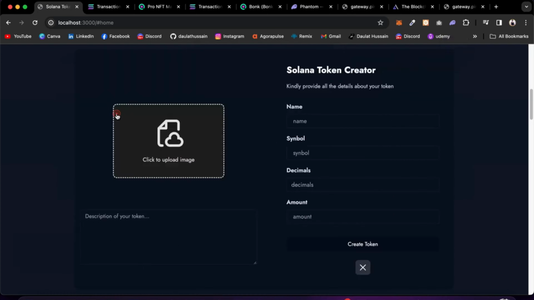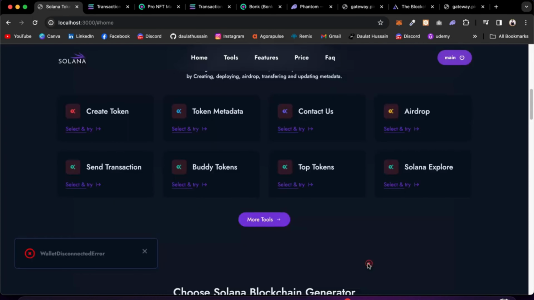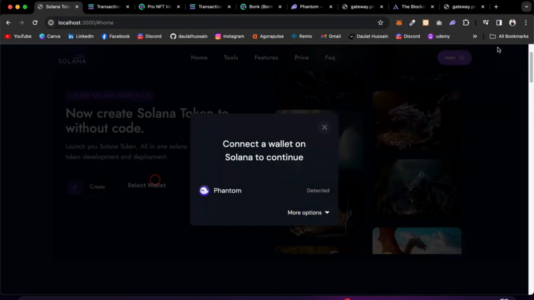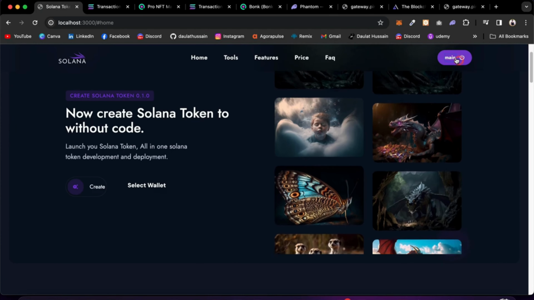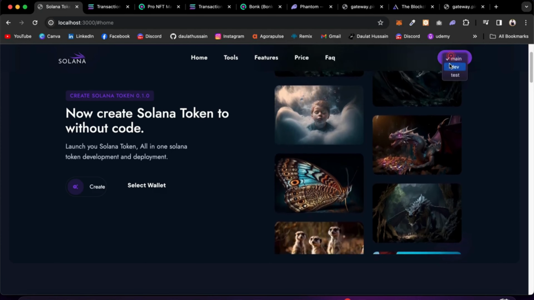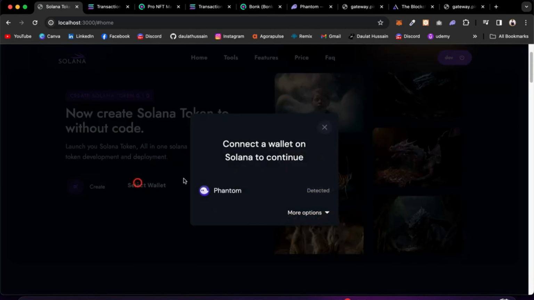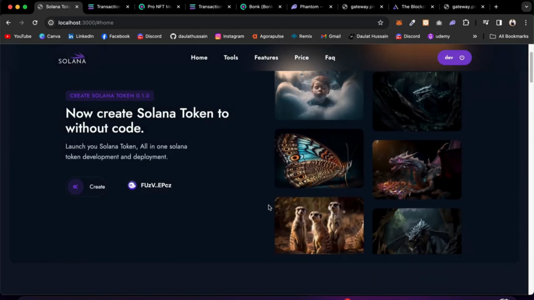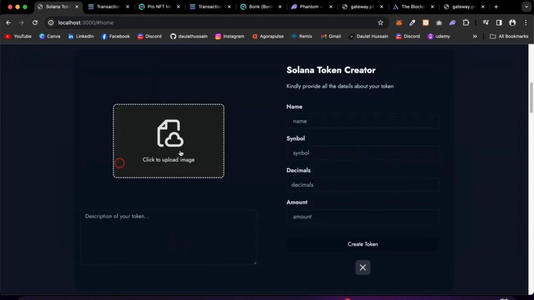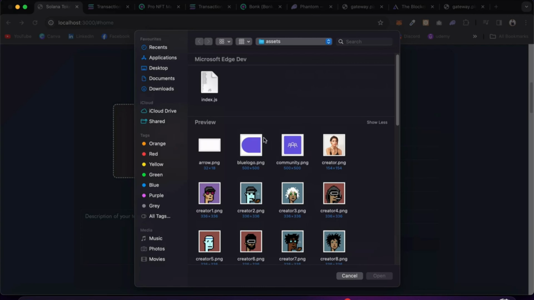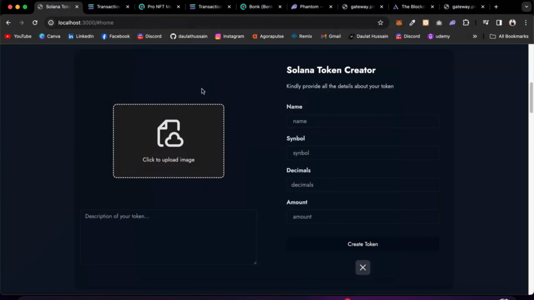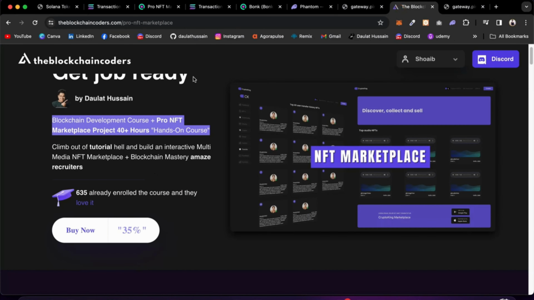If you want to create another token, click on this. Let me check which network I have connected. So first I have to connect my wallet. I'm not going to do it on the mainnet because I don't have real funds. I'll select here, go to the devnet, click on the wallet, click on this, come back here, create one more token. And this time I'll go with this one. This is the icon. I'll go to the descriptions, copy the same,